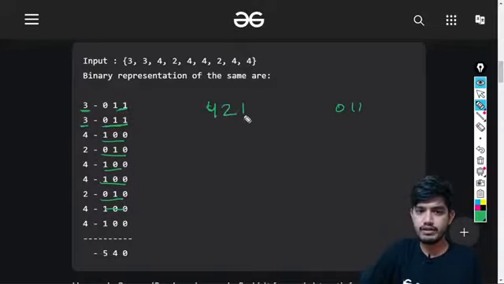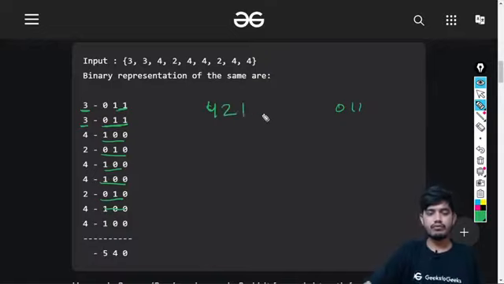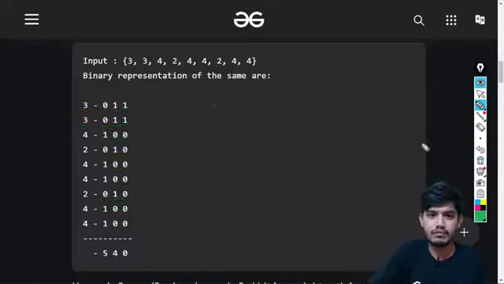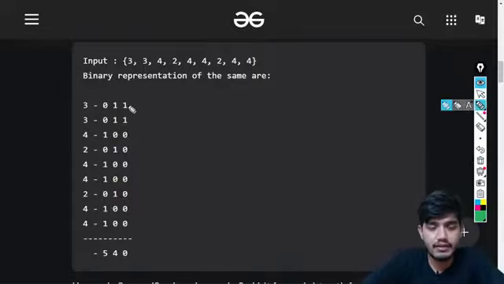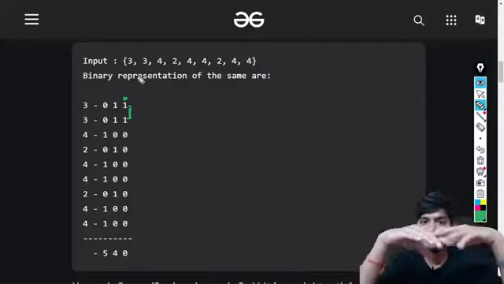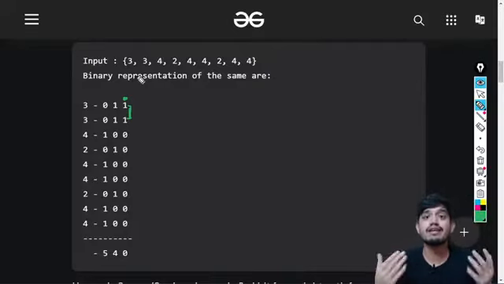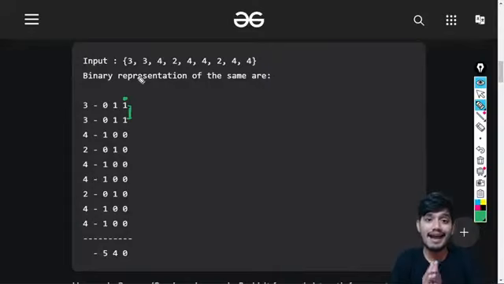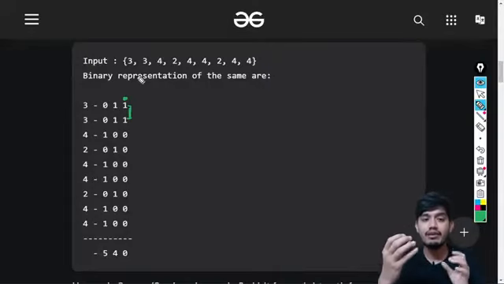If you want you can simply write something like this: 4 4 2 1. Whatever the elements are, they are represented in binary form. So what is the approach we are going to use in this case? You can see that whenever we have these bits, the rightmost bits, for example here we have only 2 bits. If an element is a majority, which means it comes more than n by 2 times, then in that case the value which comes more than n by 2 times will remain there.